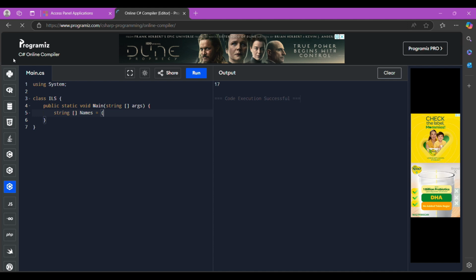So we're going to put some names here. RG, let's put a quotation because it's a string. So another one is, for example, song, and then a close curly bracket, and then semicolon.